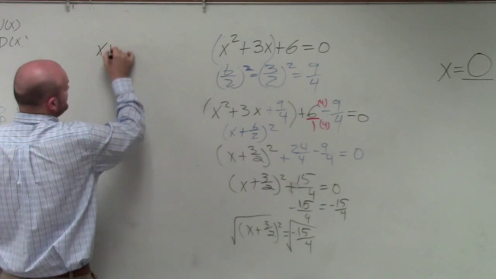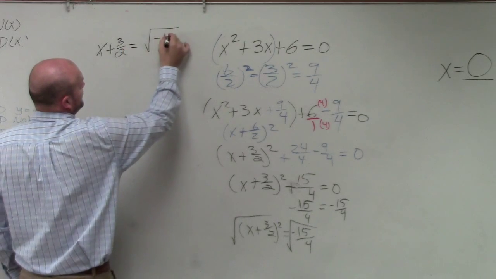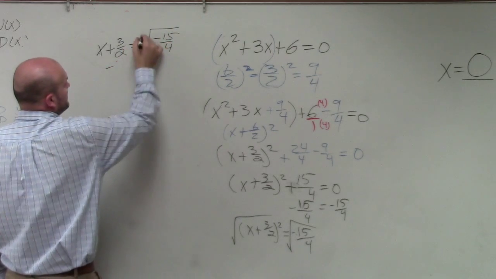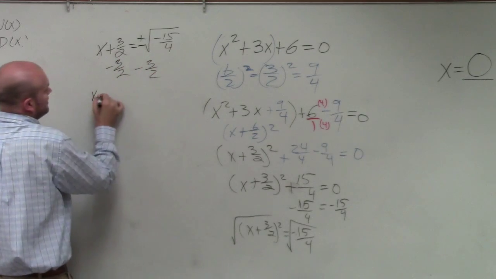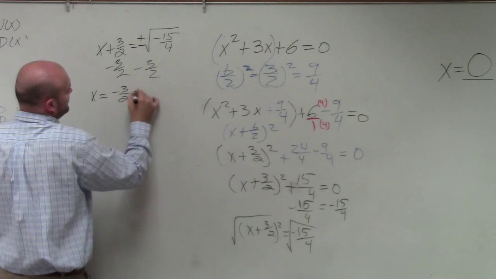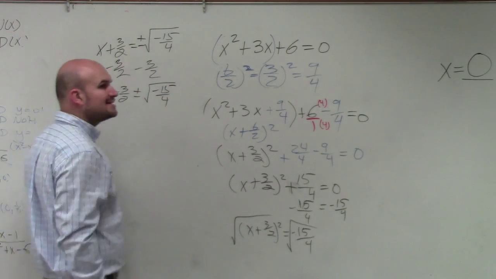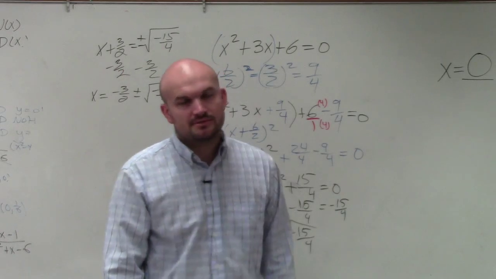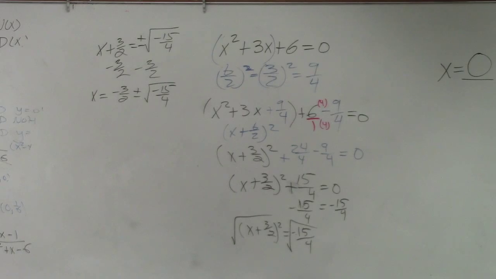So you'd have x plus 3/2 is equal to the square root of negative 15 over 4. Remember, that's plus or minus. Subtract, x equals negative 3/2 plus or minus the square root of negative 15 over 4. I will show you guys how to simplify that in a couple class periods. OK? For right now, you can just leave it there and don't worry about it. But we will learn more about that